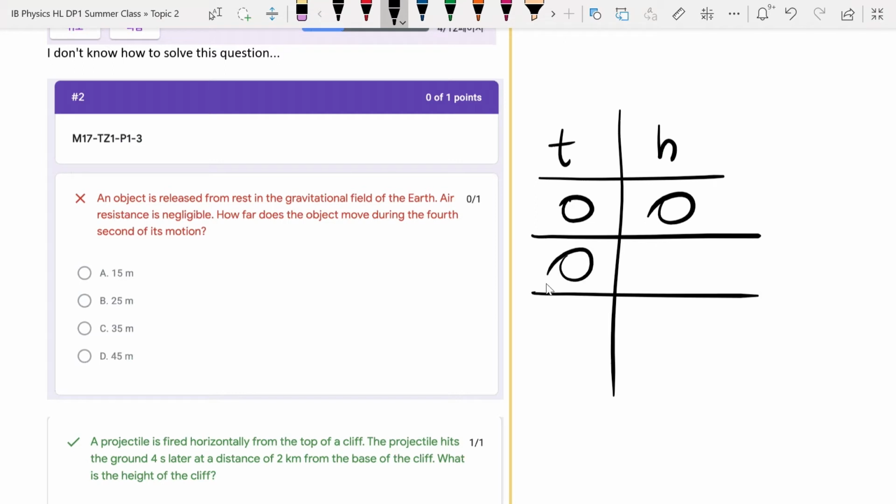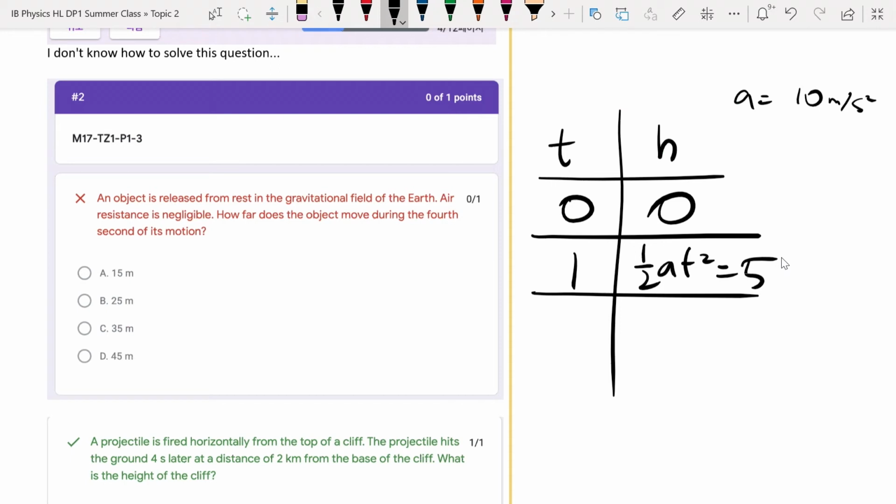After 1 second, how far does it drop? Well, it's going to be 1/2 at squared, right? This is assuming that a is equal to -10 meters per second squared. Another thing is they're going to ignore this sign, right? Because they want the distance that it goes down, not the vector. So the sign is irrelevant. So at the 1st second, it's going to go down 5 meters,